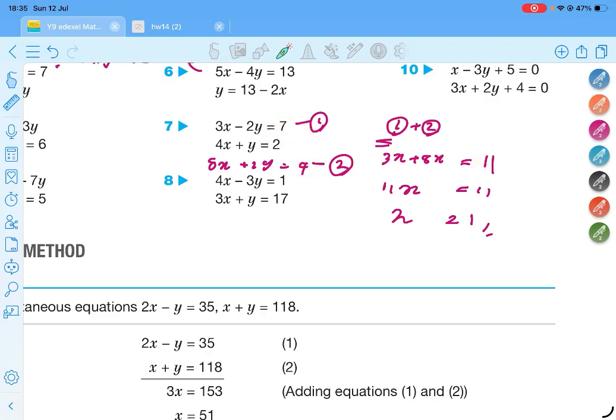You have to mention a reason. What happened? 8x should be at this 3x, then 11x should be here. 3x and 8x become 11x. This and this are simplified and this becomes 11 here. Clear?